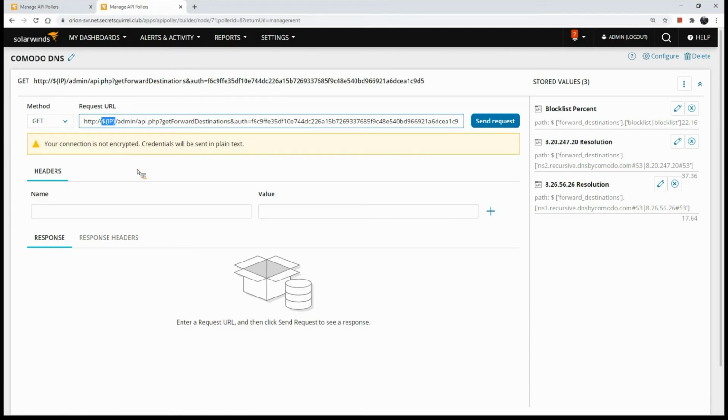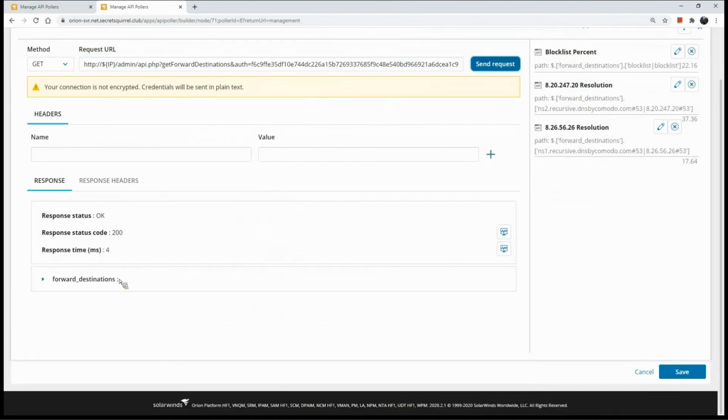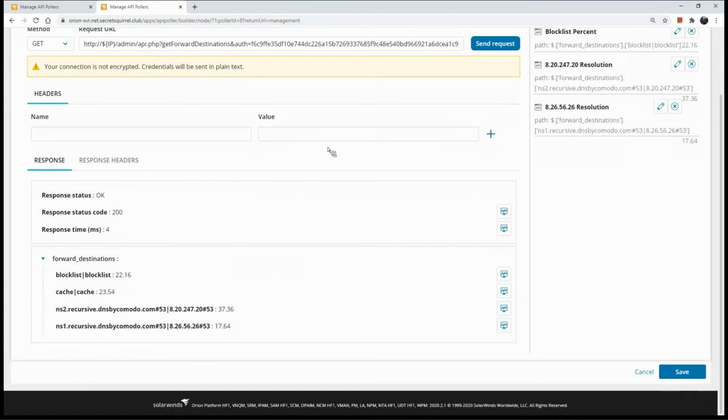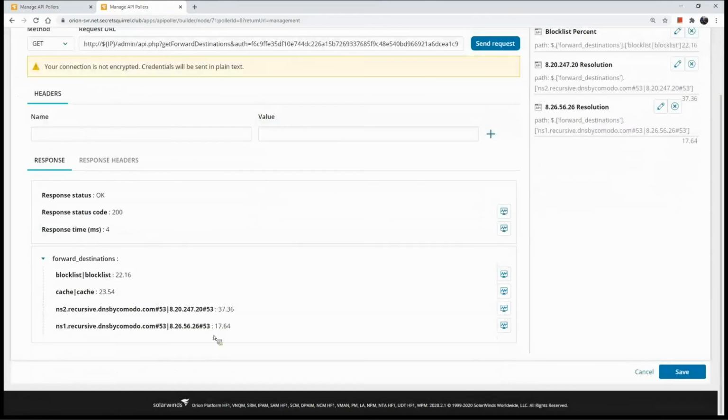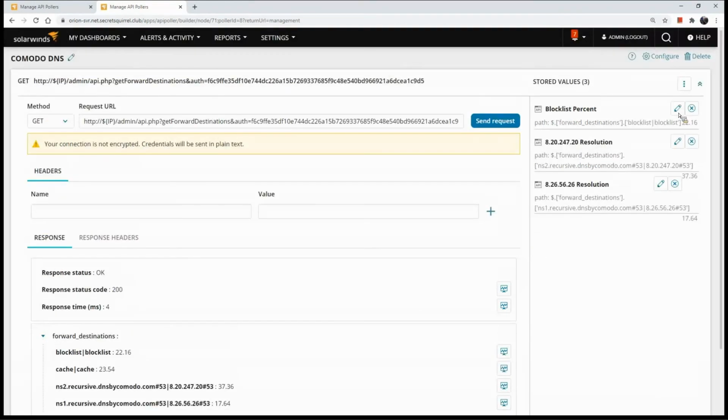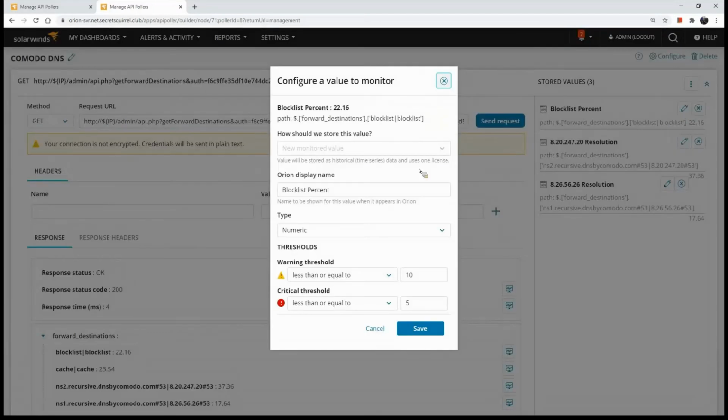I can just copy and paste that in the system, send that request out, and then here I can see what would possibly be monitored in the system. So this one's checking my Komodo root DNS system. With that one GET request against the API, we can then go ahead and set this as a monitor. This is one of my DNS servers that